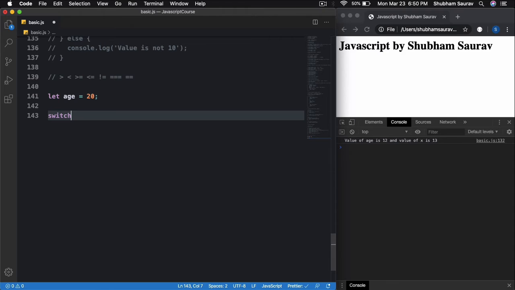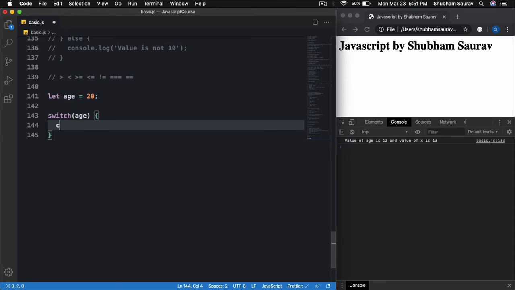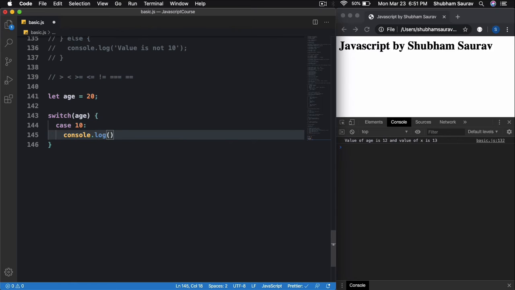So just type in switch, and in the parenthesis just pass this variable. So the variable will be age, and then the curly braces, and we are checking whether the value of age is in these cases or not. So case 10, okay, and I will console log something. So console.log, and in here I will print value is 10,